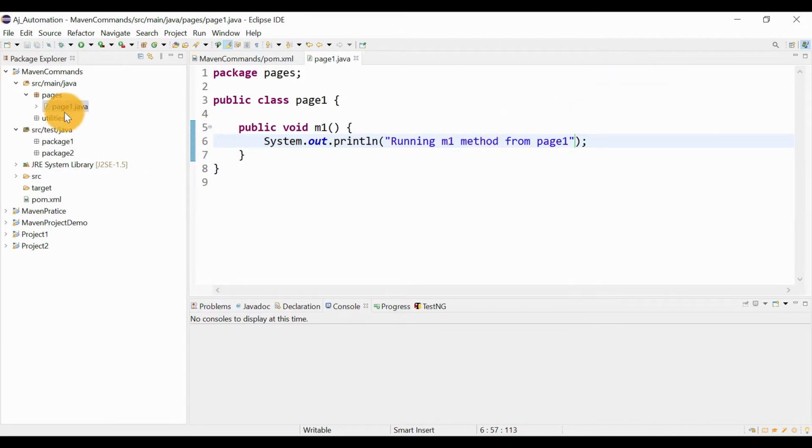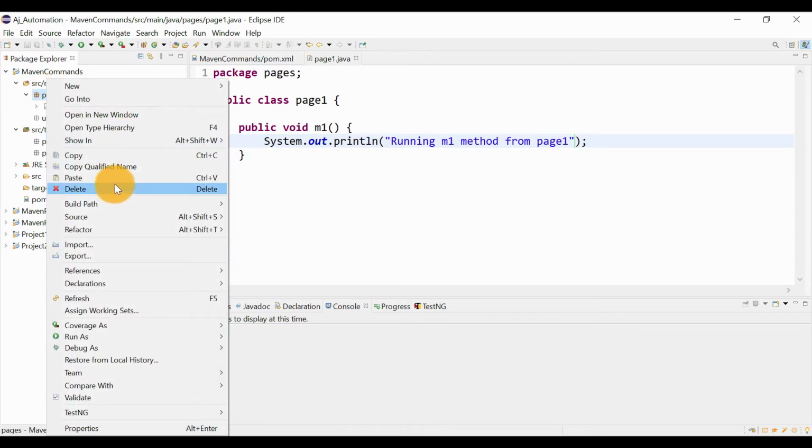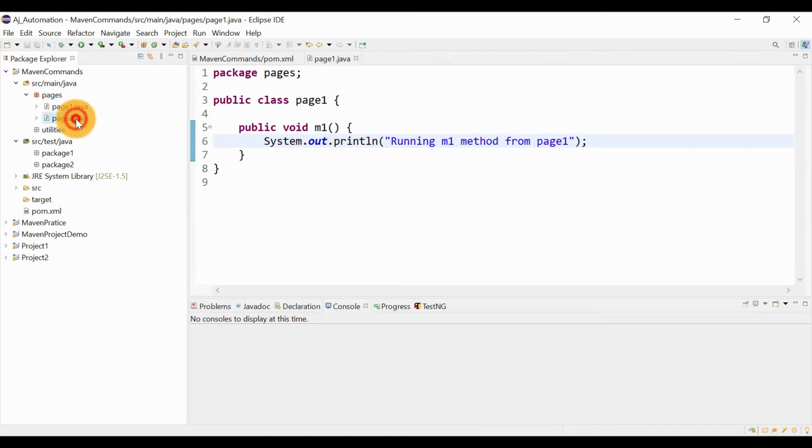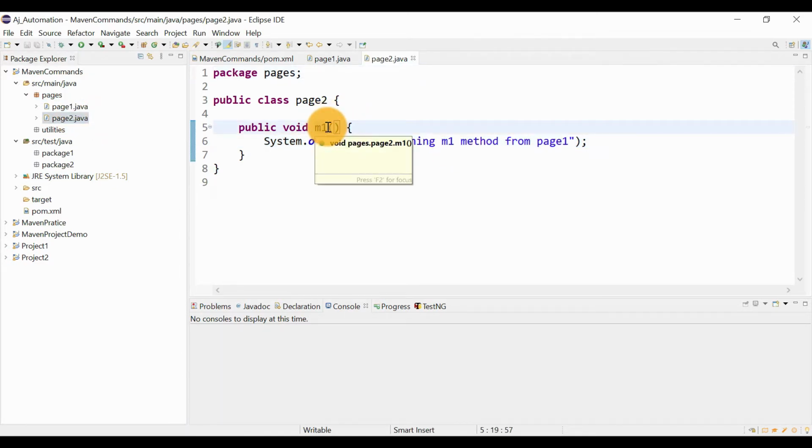Let us create another similar class in pages. This will be page 2, and in page 2 we will print running m1 method, changing the page to page 2. Save it.